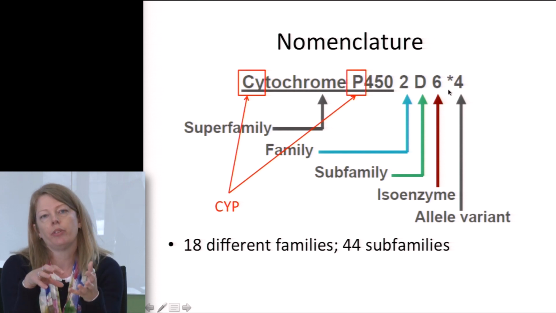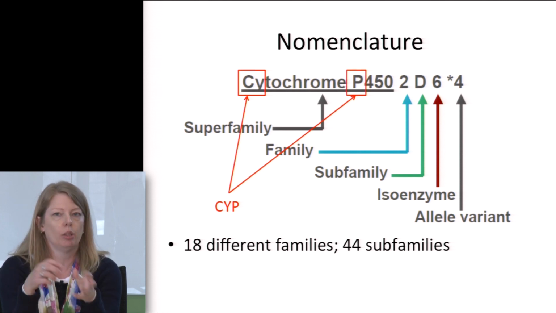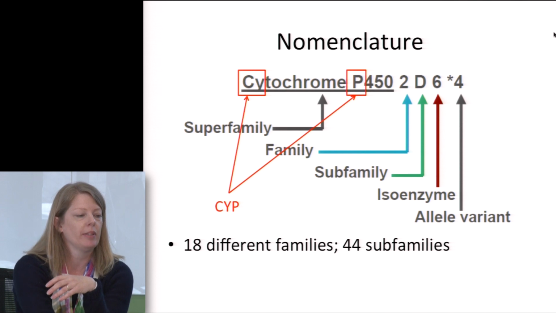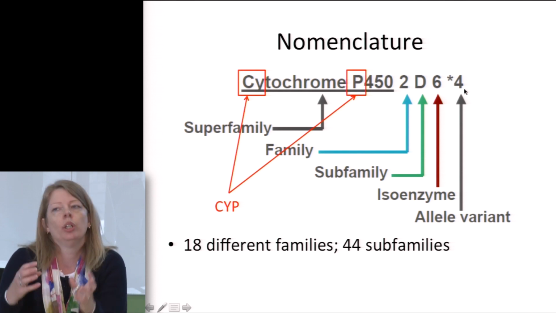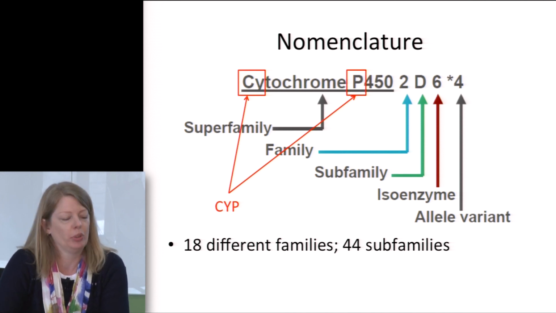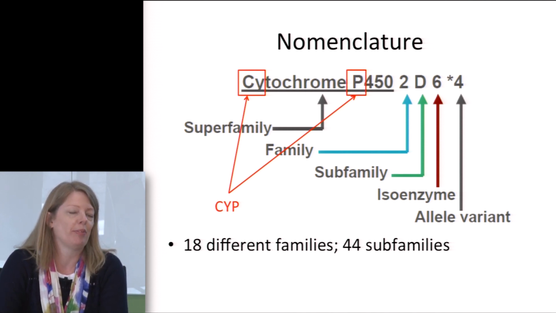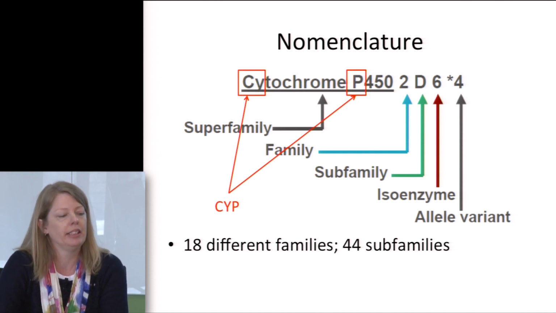The nomenclature for variation, allele variation in cytochrome P450s is a little bit convoluted. They use something called a star system. I'm going to go into a little bit more detail about the star system in a second. But you can see here in this example, we have a star 4. So people who are trained in this area find the star system really useful. But for other people who aren't familiar with it, sometimes it seems like people are talking in a secret code